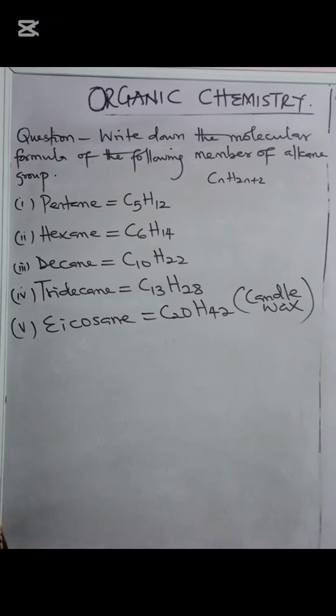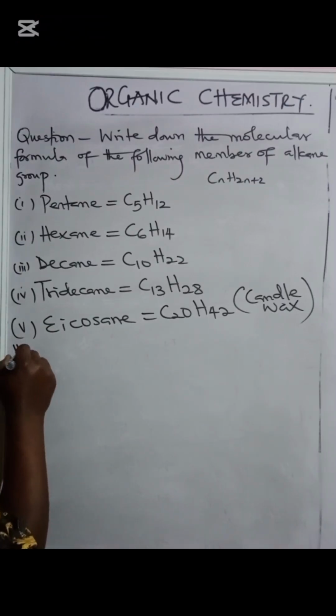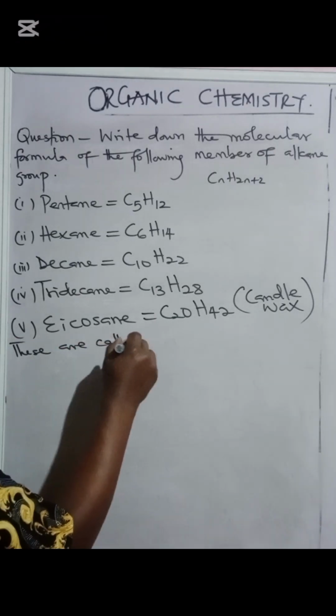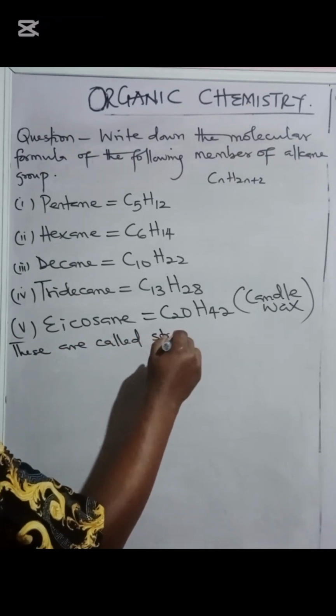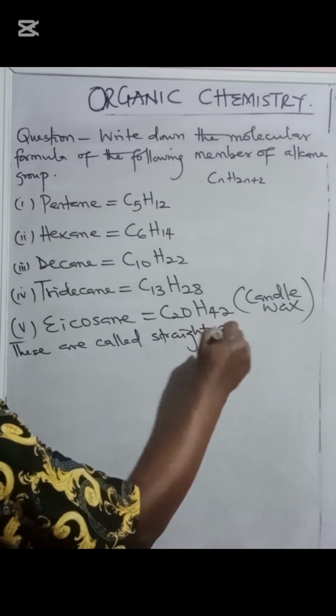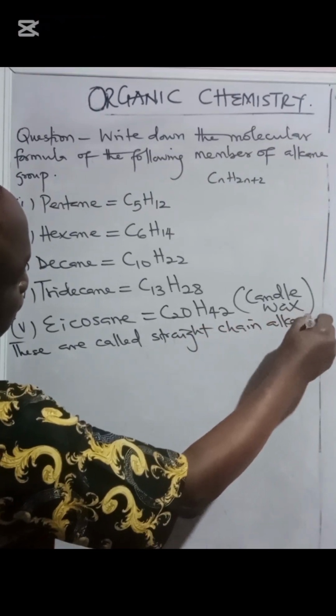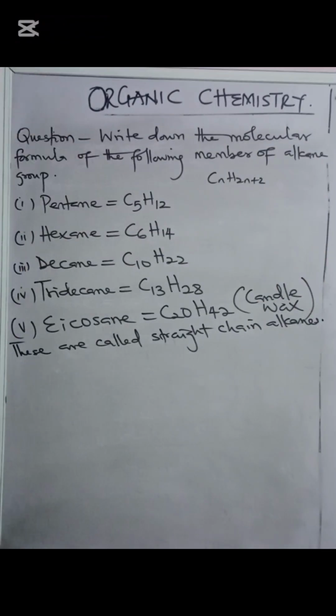These are called straight chain alkanes. So we are going to look at branch chain. How do we name branch chain? But before then,